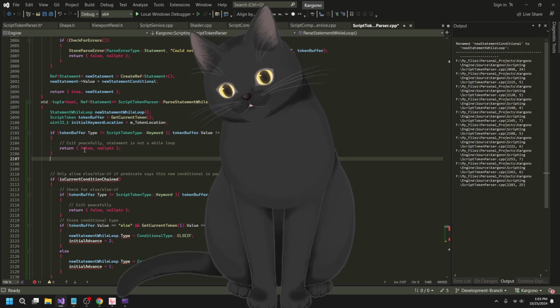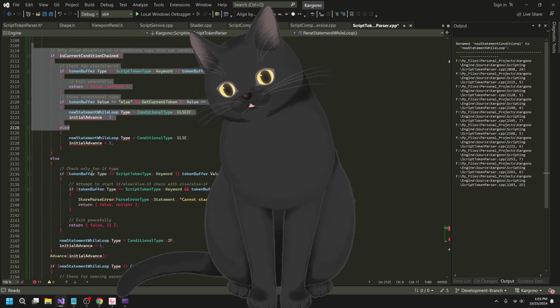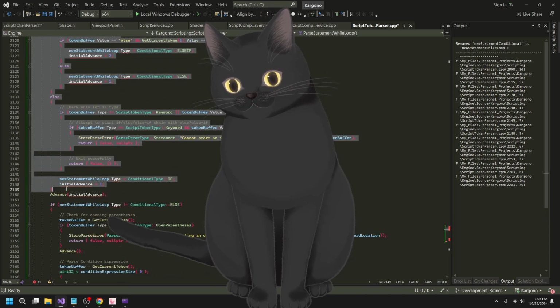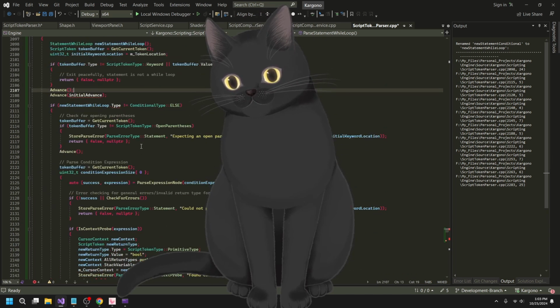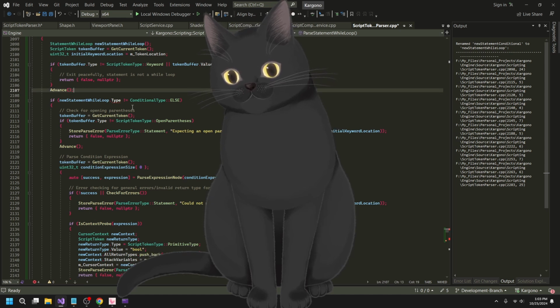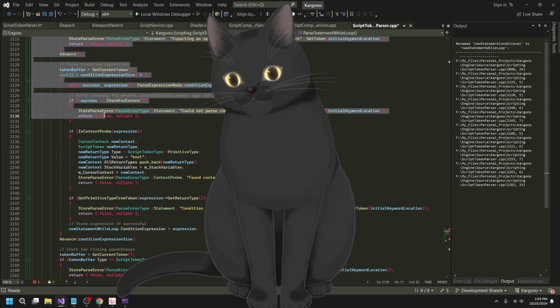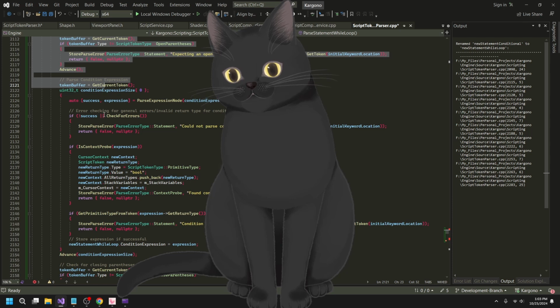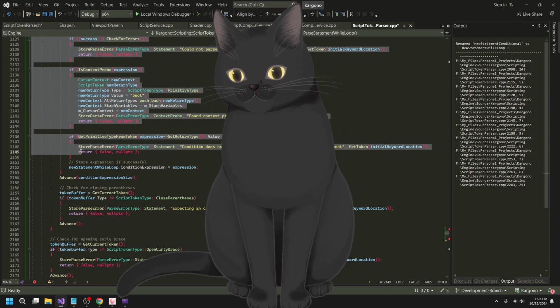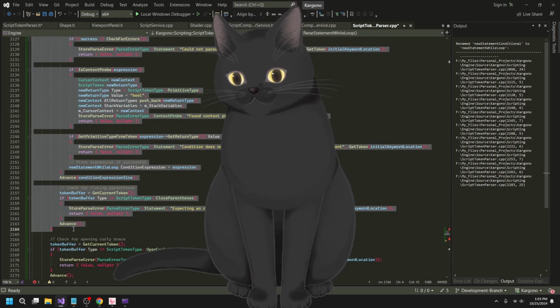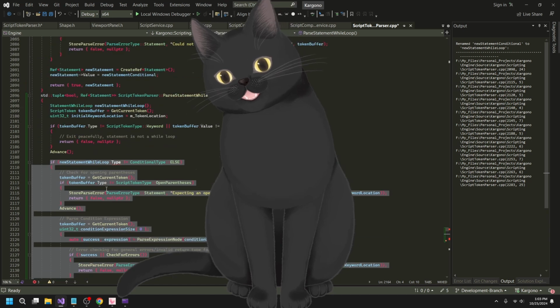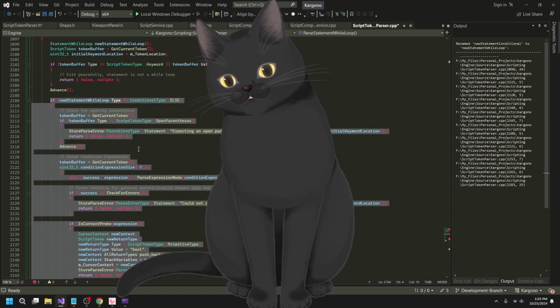So at this point, I believe I can just advance, and then I can erase all this. Okay, now this logic only happens if it's not equal to else. So this has nothing to do with us. I'm gonna go ahead and just erase it. Well, no, actually this does, because we are going to use a conditional.